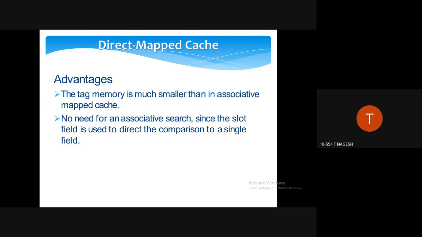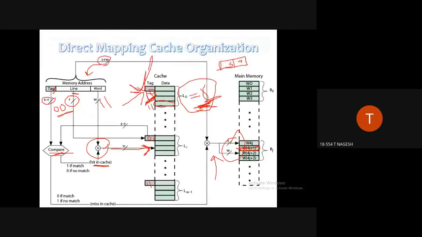So here what is happening, if you observe in this diagram, based on the line number which is specified here, it is directly comparing the tag value. It is not at all bothered about all the remaining lines. That means it is only searching for the data within just this part. It is not considering the entire cache memory. So in this method, the processor is concerned about only the line which it wants.